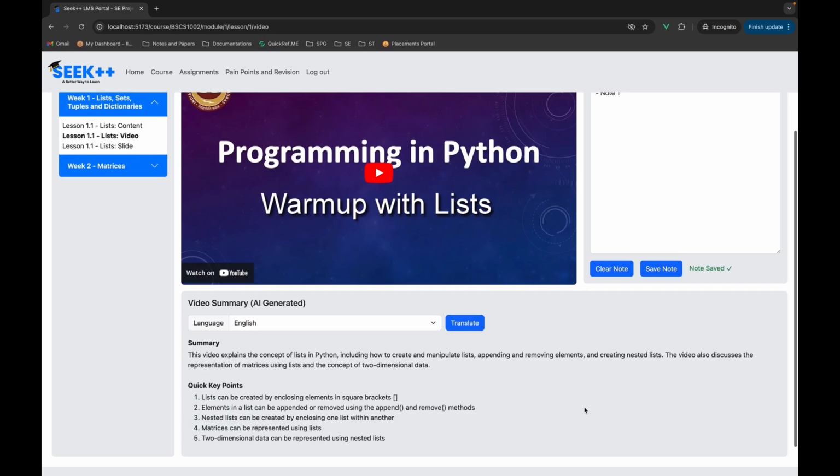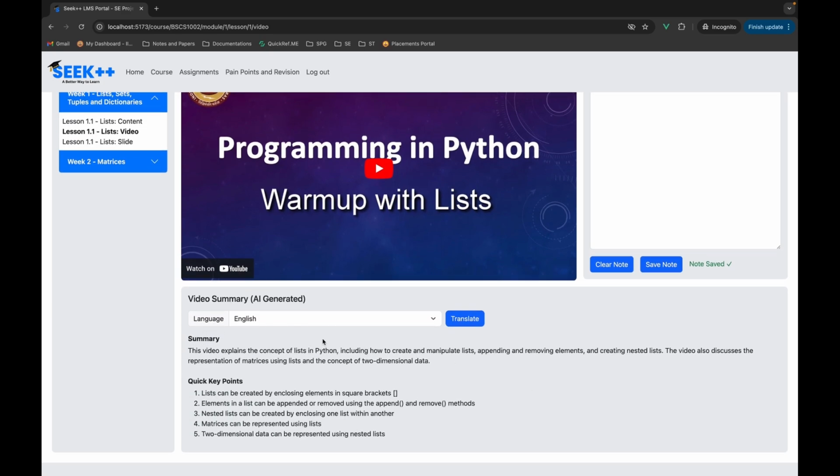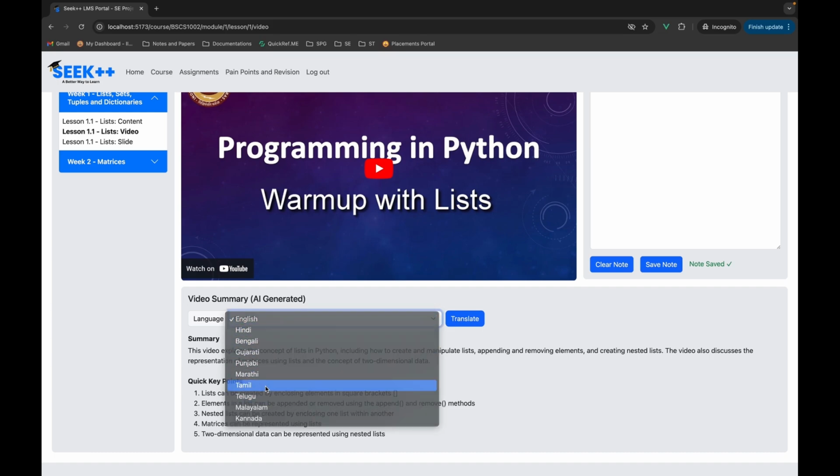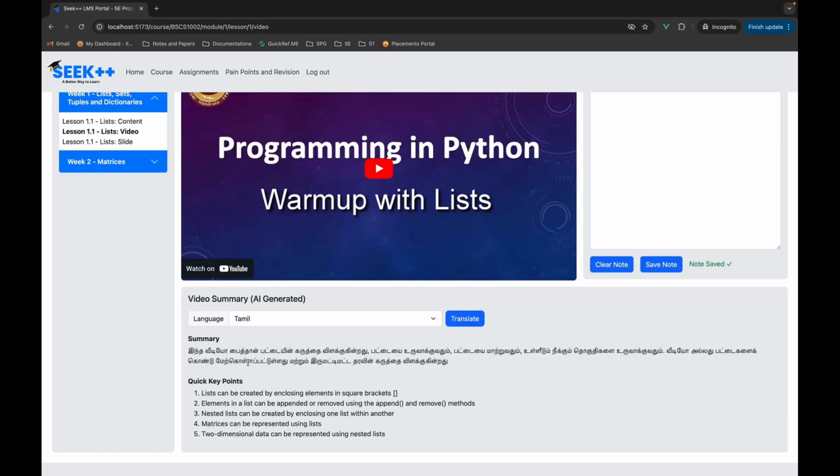and post taking a note, you can simply save it. And the Gen AI feature is that there's a video summary feature that will generate a summary of the video that you're watching so that you can take quick notes, or it will help you do quick revision for the quizzes. There's a brief summary, as well as some key points that have been highlighted. Another Gen AI feature that has been enabled is you can actually view the summary in your regional language. For example, I want to see it in Tamil, I can simply translate it, and it has now generated